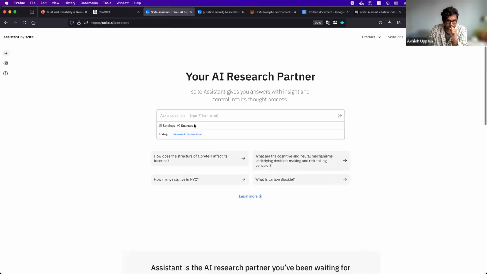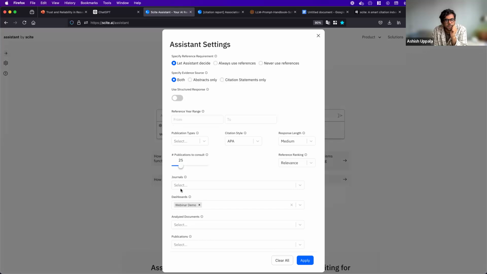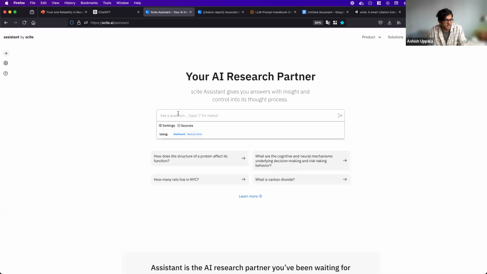What it'll do is take you to Assistant with a filter applied on the dashboard that you actually run. And you can always manually verify this by clicking on settings and then setting the dashboard itself. So it really just becomes another way to restrict that search strategy formulation. But instead of saying restricted to a journal or a type of publication, restricted to articles in this dashboard only. So we're going to do this, and maybe we'll just say, I don't know, can you summarize these papers for